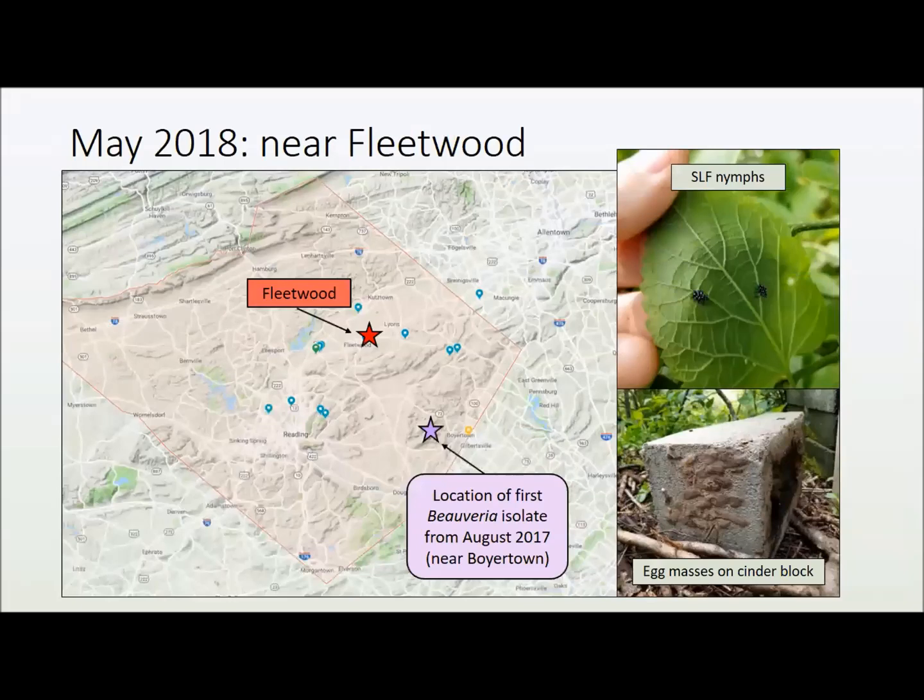So then, in the interest of learning more about lanternflies and about these fungal pathogens, we started to make these field trips down to Berks County in spring of 2018. And we went to this private residence in Fleetwood, which is just northwest of Boyertown, where we got that first sample. So there we were looking at nymphs, looking at egg masses, and me being somebody who hunts